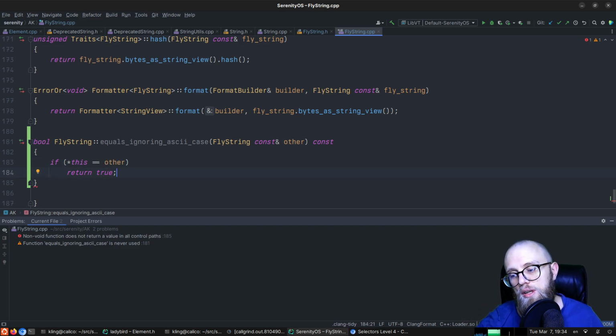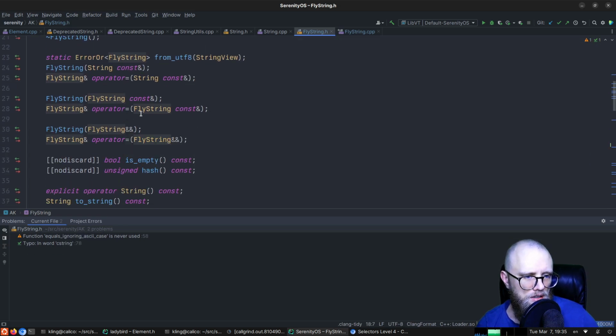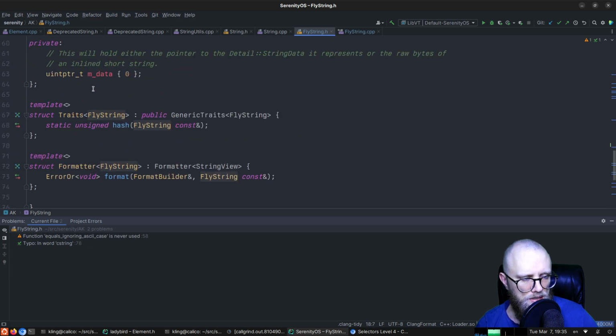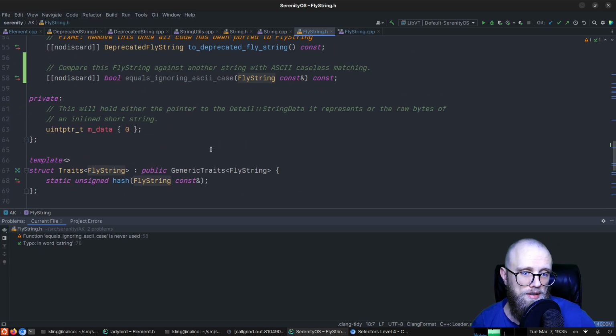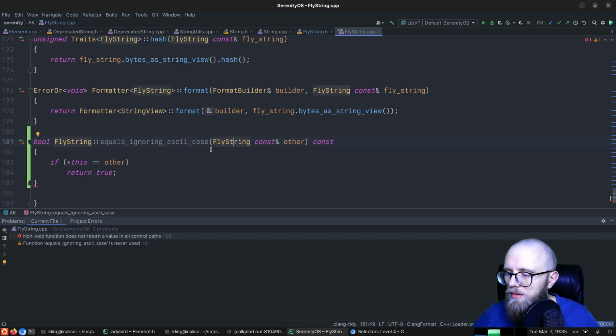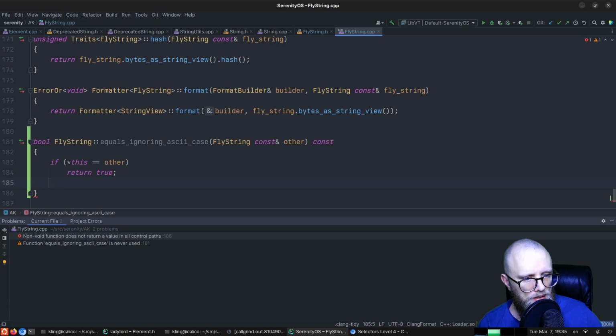Because equality comparing a FlyString to another FlyString, that's just a pointer compare under the hood, because FlyStrings are unique within the program. So that should be fine. But if they're not identical,